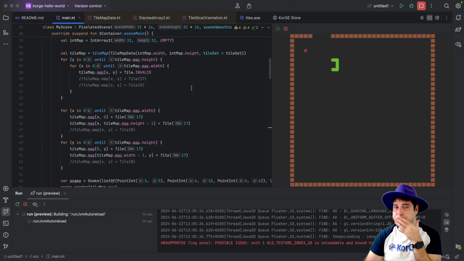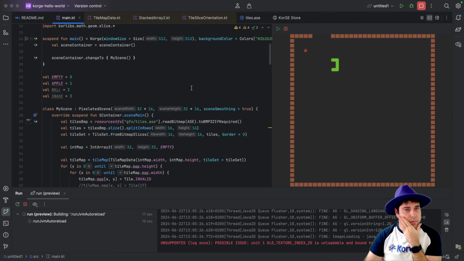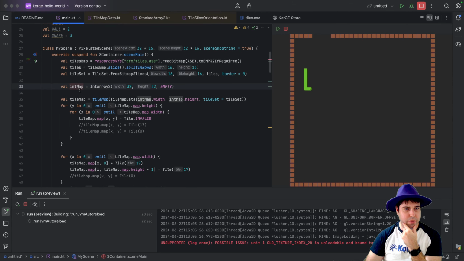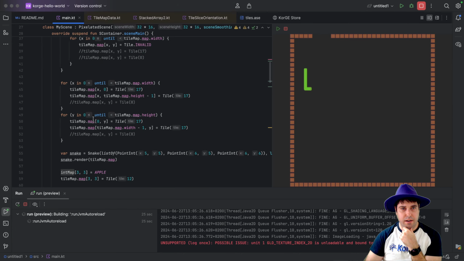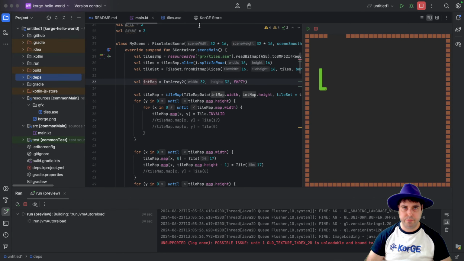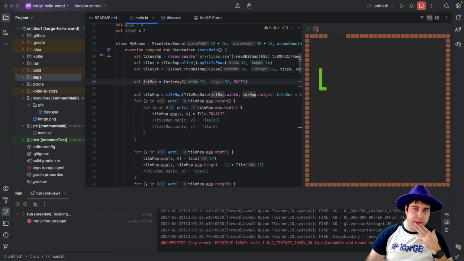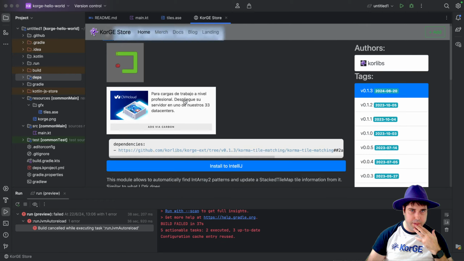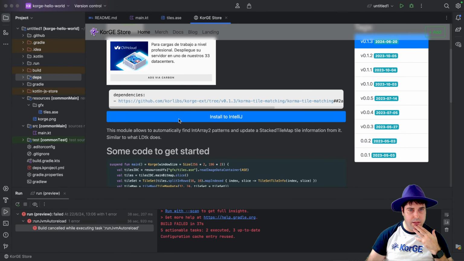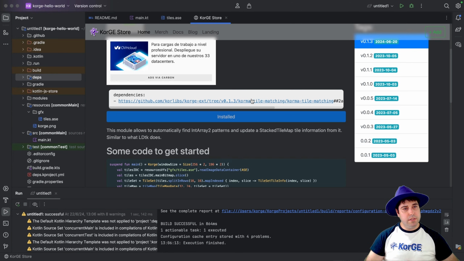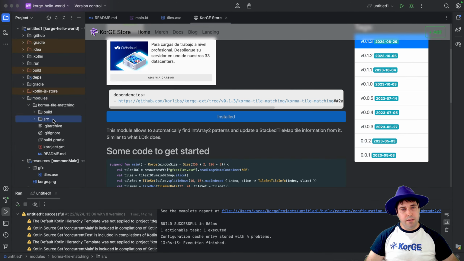Let me check. So now we have this, but we have the int map and the tiles. They are, it's everything mixed. So now we are going to use this library from here. Let me install it. We are going to use this library that is going to provide